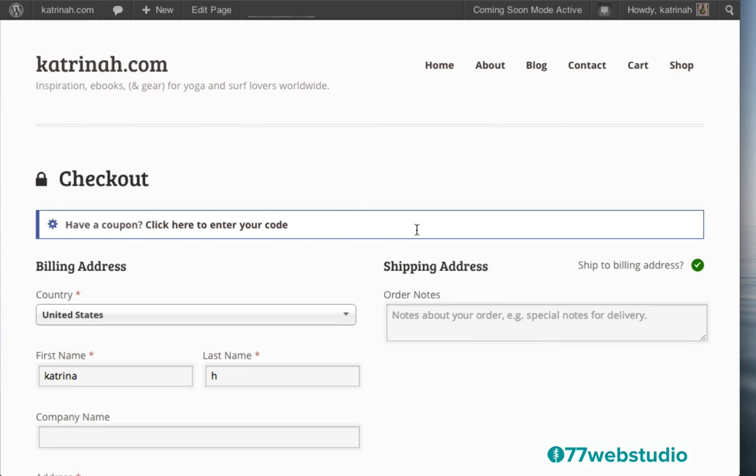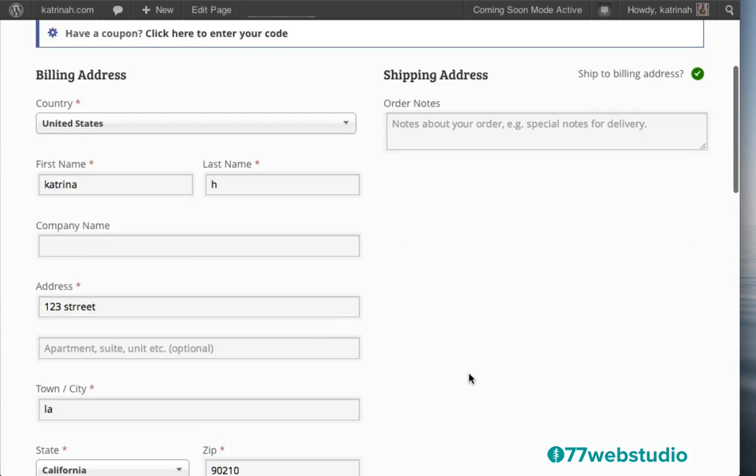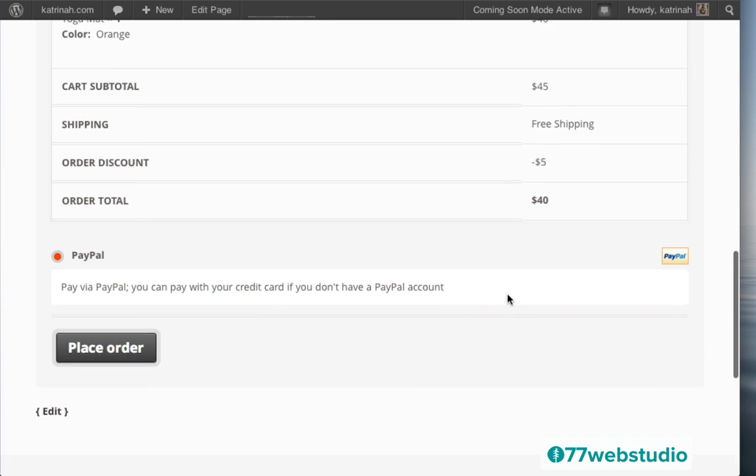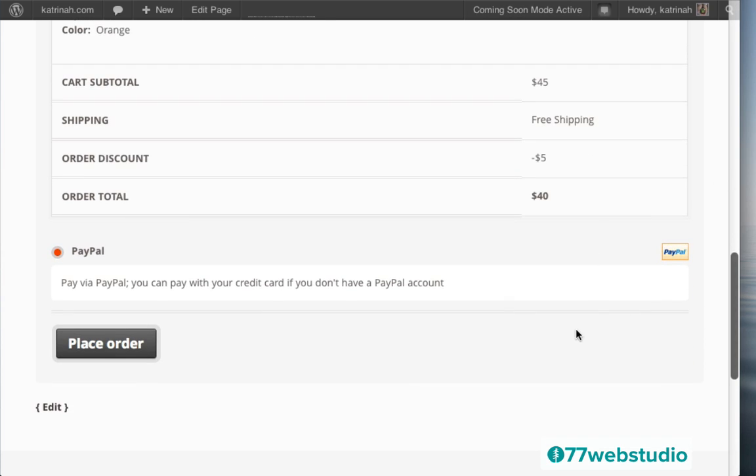Okay, so a customer would then just add their billing address and their shipping address. They would scroll down, review the contents of their order and the order details, and then as we see PayPal is enabled, they would just click on Place Order.